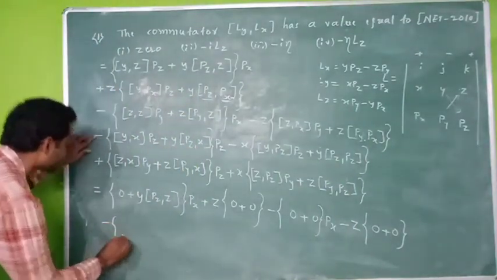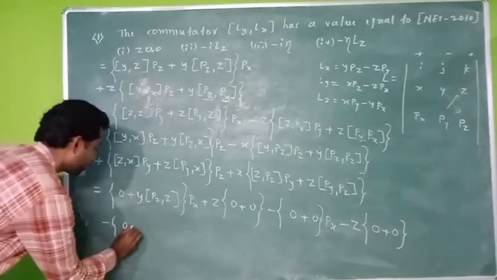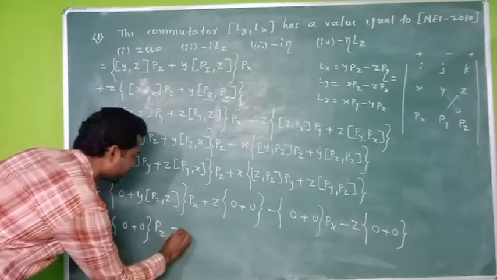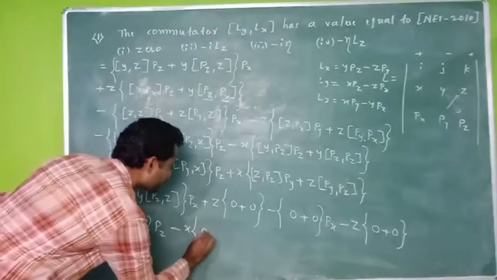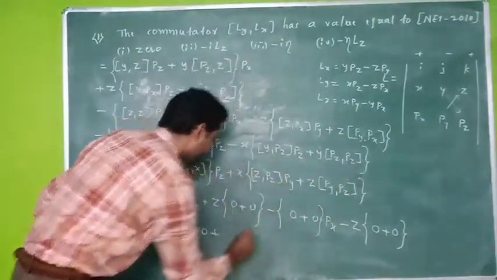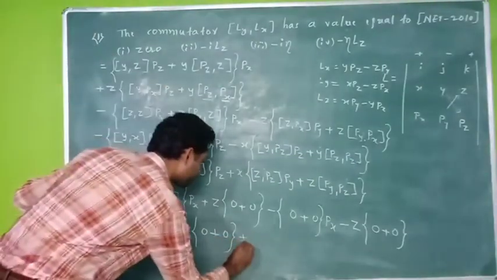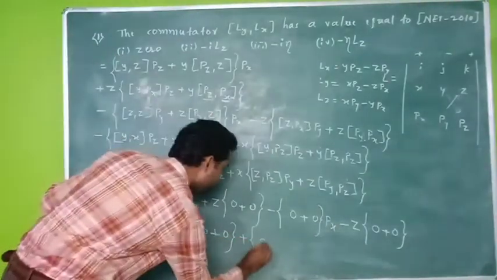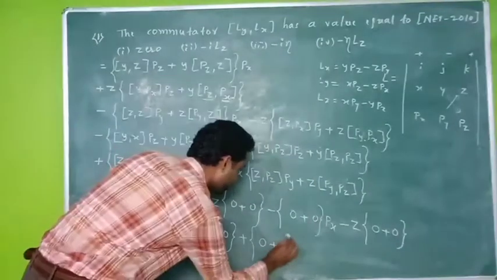Minus 0, whole thing becomes equal to 0, pz minus x into this is 0 plus y into, every operator commutes with itself, therefore 0, right? Plus within a bracket, so this becomes equal to 0 plus this one 0